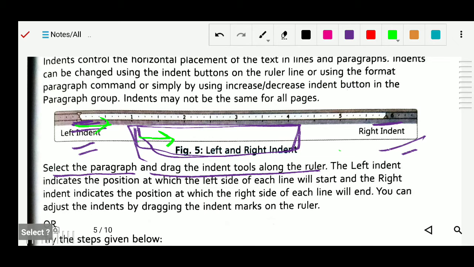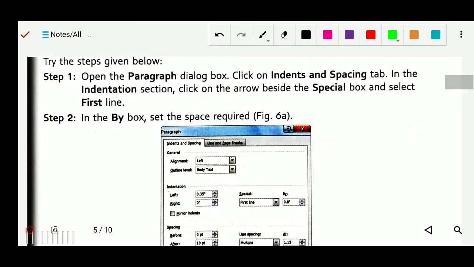So drag the indent tool along the ruler. The left indent indicates the position at which the left side of each line will start. The right indent indicates the position at which the right side of the line will end. Okay, so this is the right indent and left indent. So you can adjust both sides.